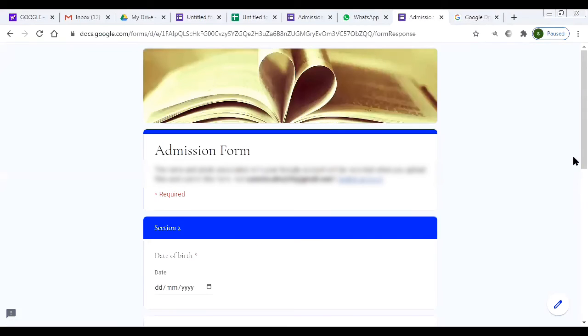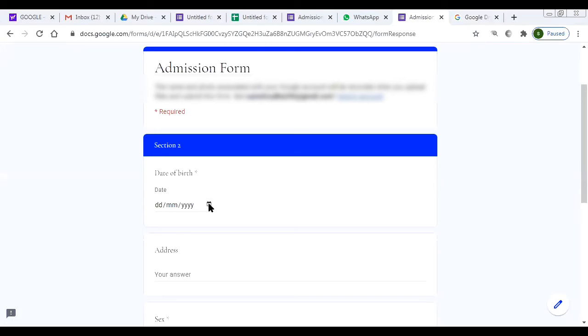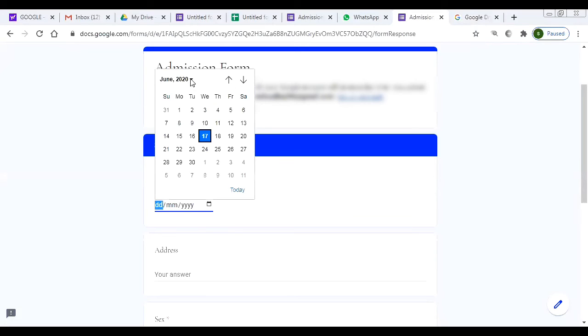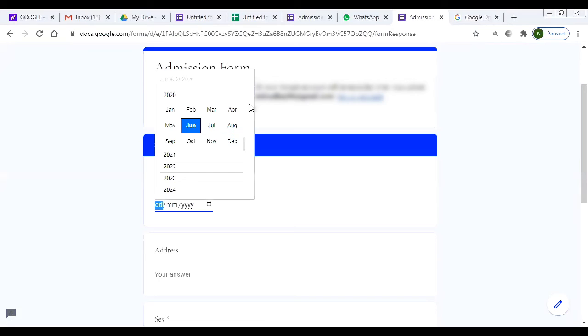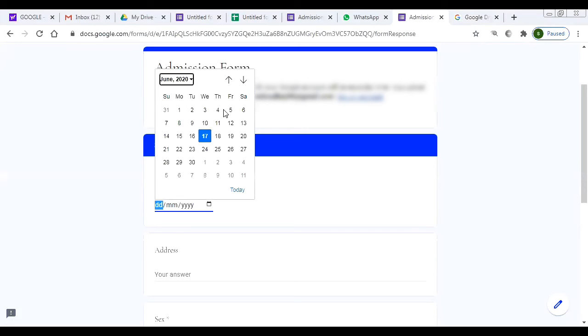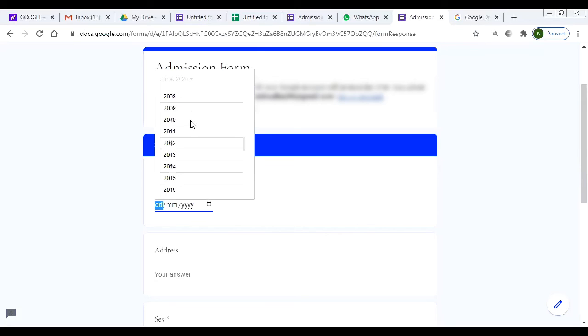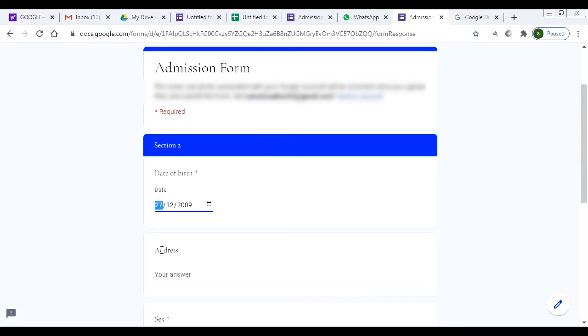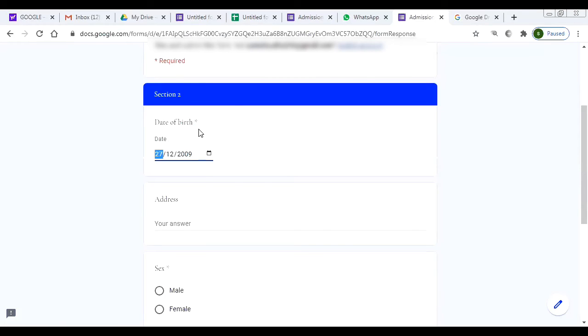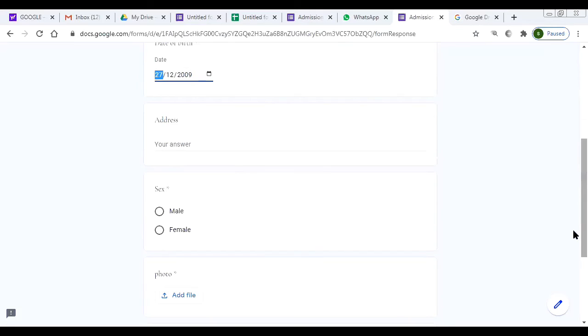So there is an option in section 2, date of birth. You can select the date of birth, the year. For example, I am selecting 2010 and month. So that is 27 December 2009. So address, it is not compulsory. The asterisk symbol will be showing that it is compulsory. That is a required option we are selecting. But the address we have not made required. If you want you can write, otherwise no need. When an asterisk symbol is showing, you have to give the answer. So sex is compulsory, so I'm keeping male.